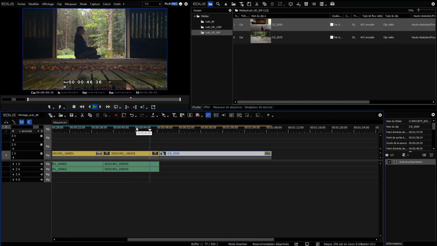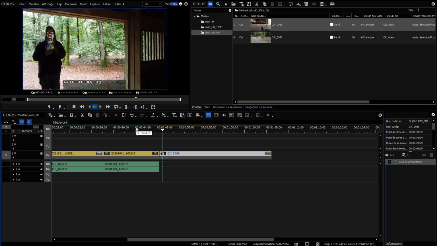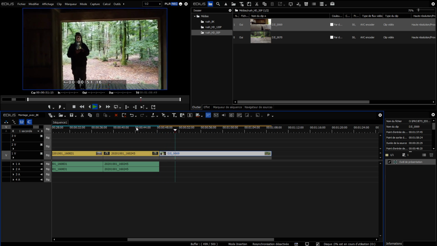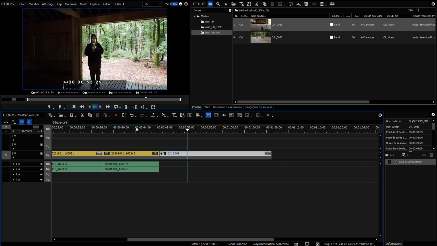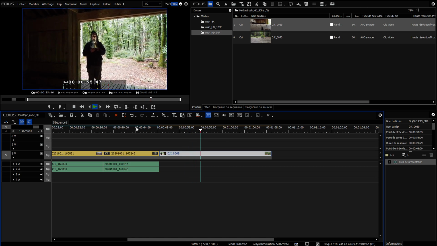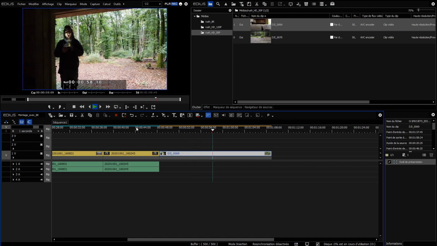So as you can see, I'm going from 24p 8K to 1920 50p. I didn't have any conversion necessary before compiling this. Putting all this up is really easy.